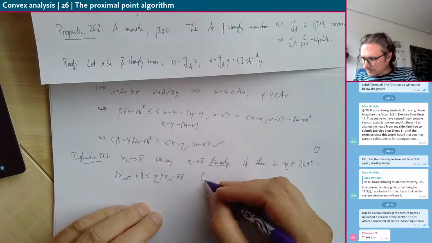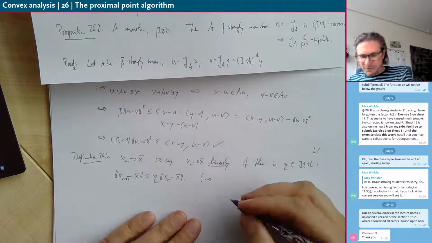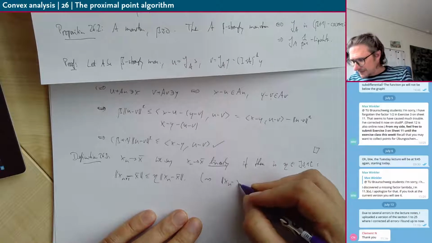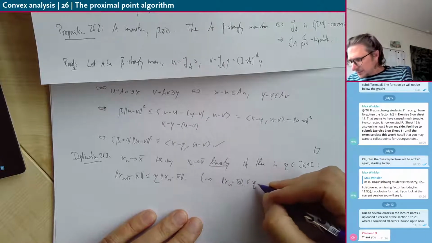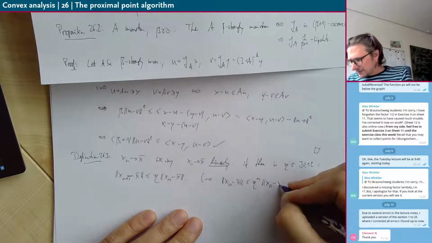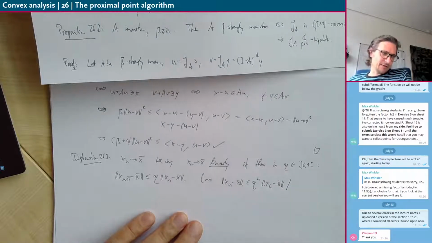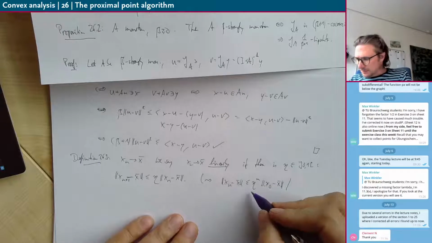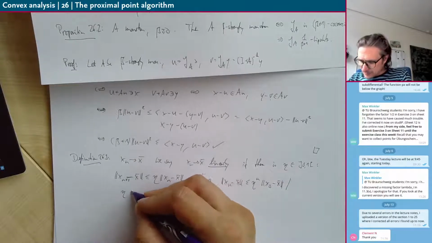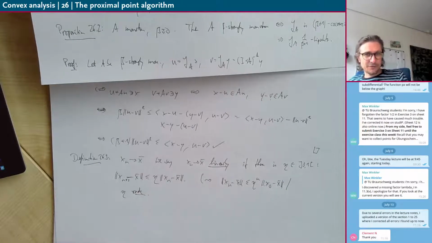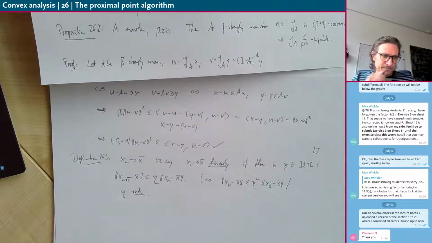And of course you can just iterate through and get ||x_n - x bar|| smaller or equal eta to the n times ||x_0 - x bar||. So this is then called linear convergence, and this eta here is the rate of linear convergence. Okay, this is standard notation,